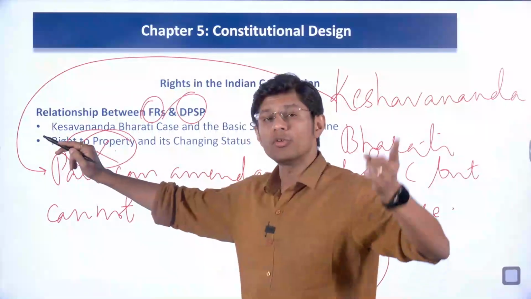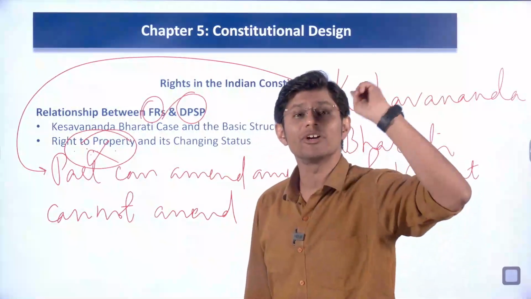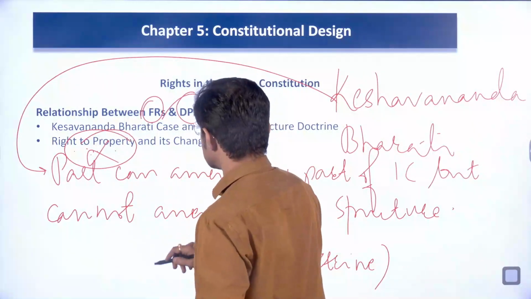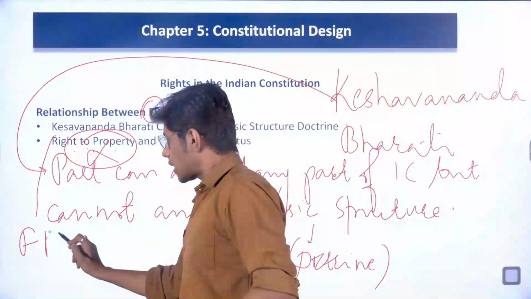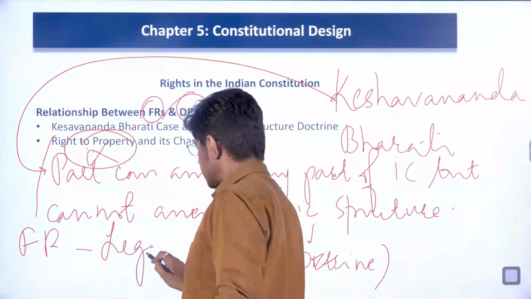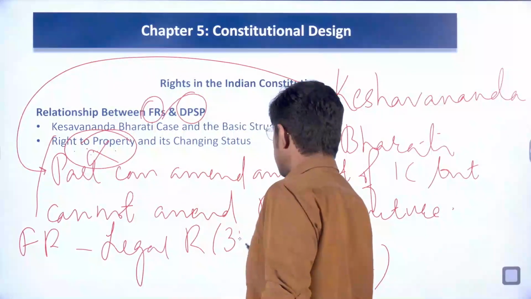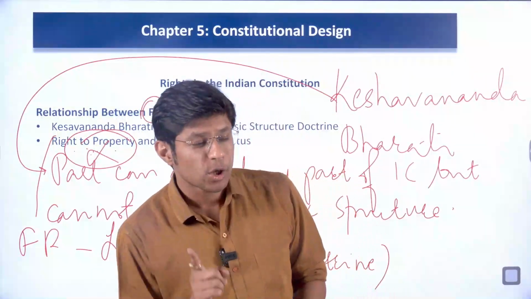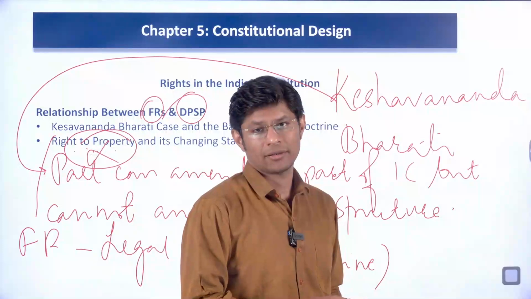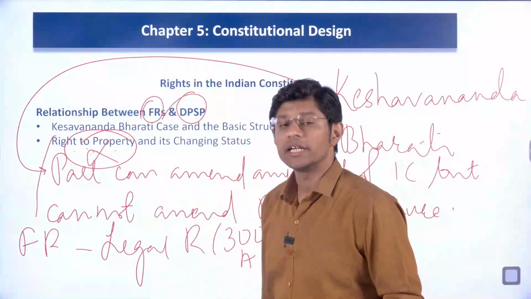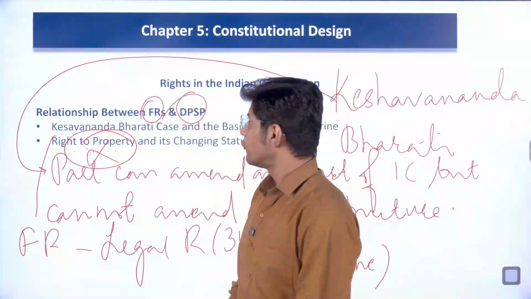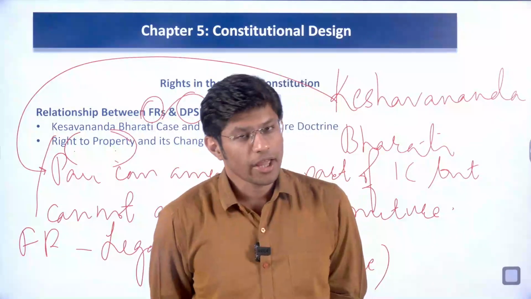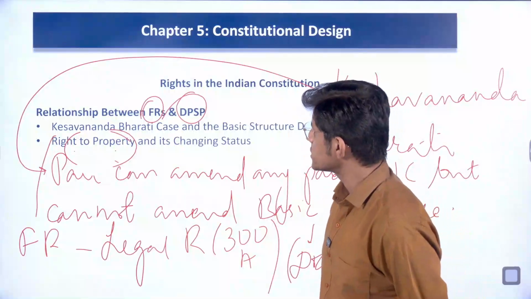This right was removed from the Indian constitution, that is from fundamental rights, which means right to property, which was a fundamental right, now became a legal right under Article 300A of the Constitution, which means now right to property will not enjoy the same right as it was enjoying under fundamental rights. I hope students you understood this concept,